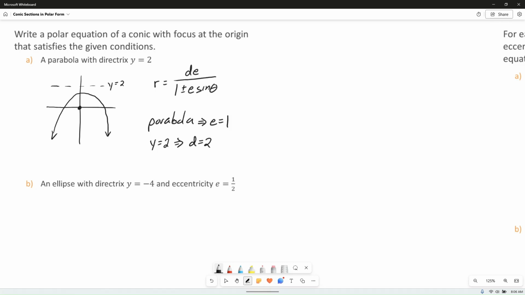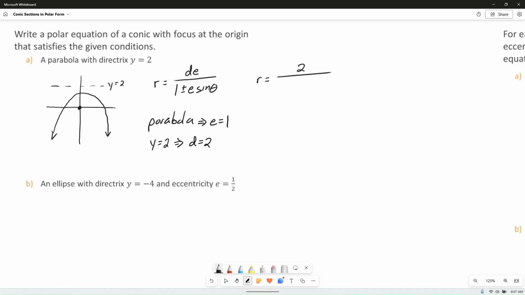That doesn't tell me the sign. That doesn't tell me whether it's plus or minus in the denominator. It just tells me the value of d is 2. And d is always going to be sort of an absolute value. The d value does not have a sign associated with it. It's not a plus or a minus. So that means we have right now r is equal to d times e, which 2 times 1 is 2, divided by,